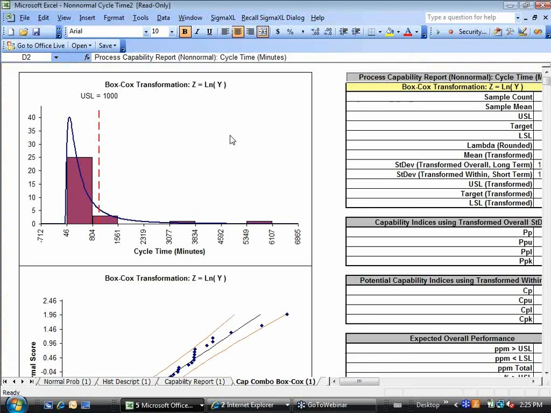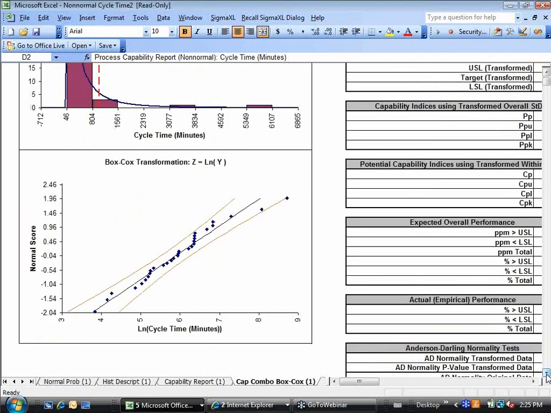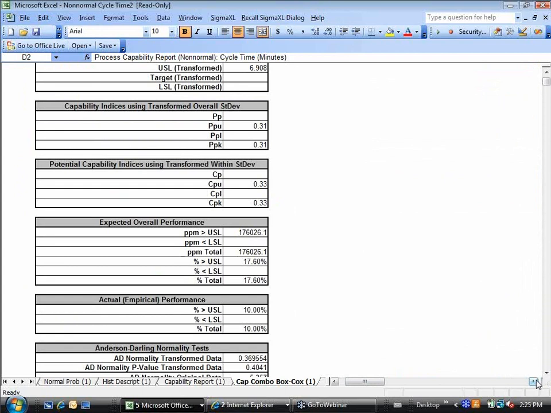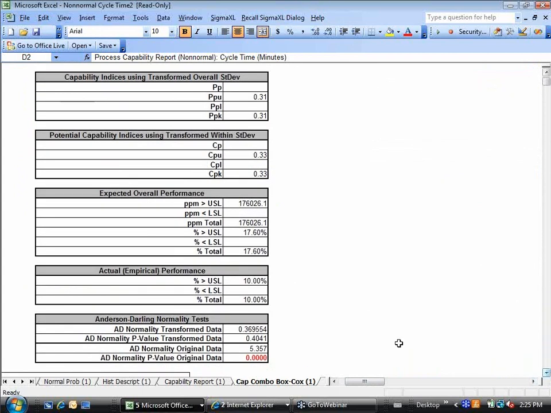Now, this shows you the fit based on the Box-Cox, and the probability plot shows you that you have pretty close to a straight line, and the report, and let me scroll over, we can look at the Anderson-Darling. After transformation, this p-value of 0.4 indicates that the transformed data is now normally distributed, but the original data